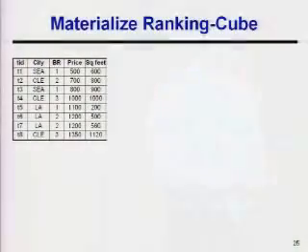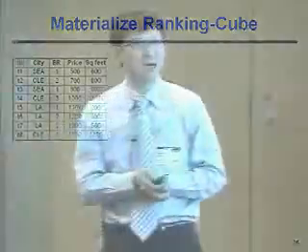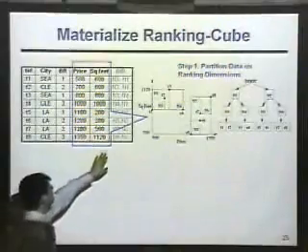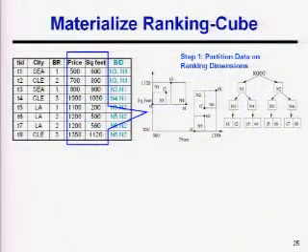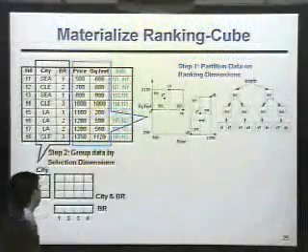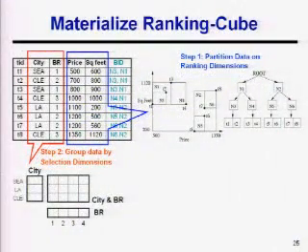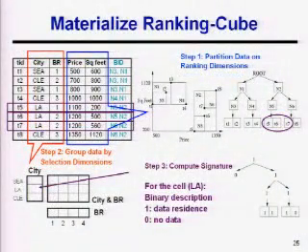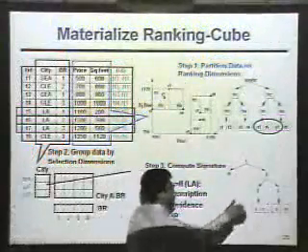Okay. So again, given this arbitrary partitioning, how can we compute the ranking cube? So again, this is the data, and we partition the data according to these ranking dimensions. And again, we can assign a block ID instead of one single ID. We know they are the paths in the tree. So again, we can group data by selection dimensions, and we can compute a signature. So for example, for city equal to LA, we can locate these 3 data objects, and we know they are here in the tree structure.